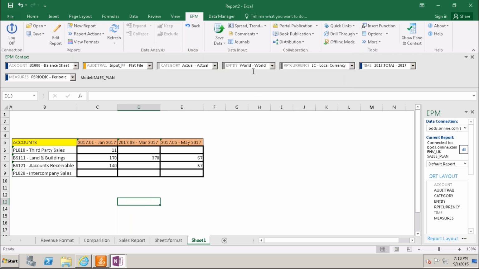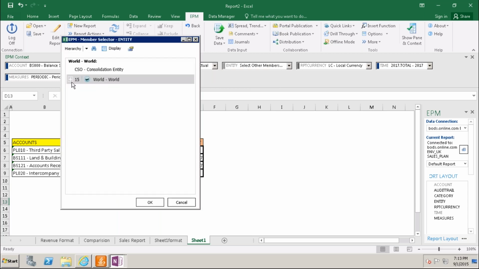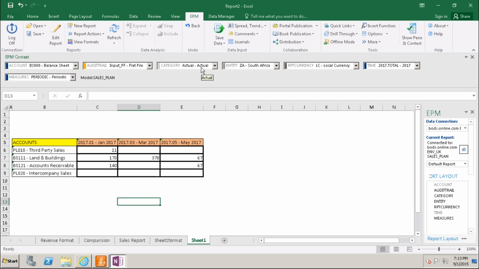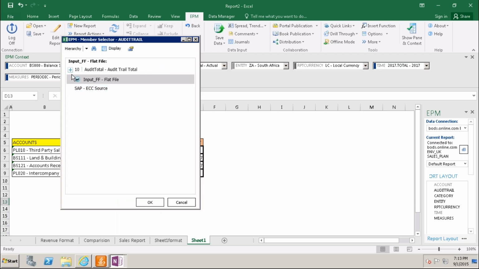We'll go and change the entity here as this one, and category is actual input. This is not a flat file upload, it is an input one.